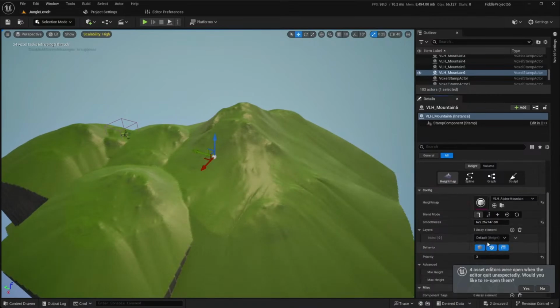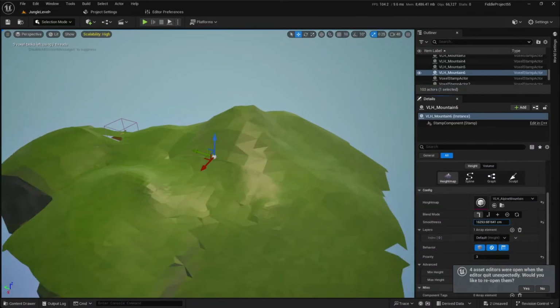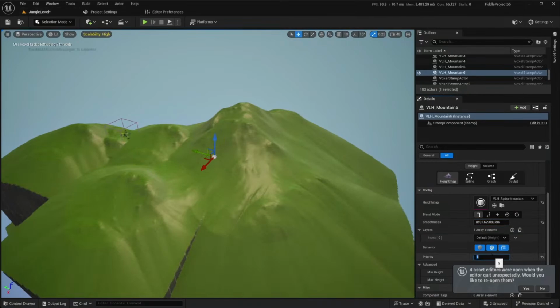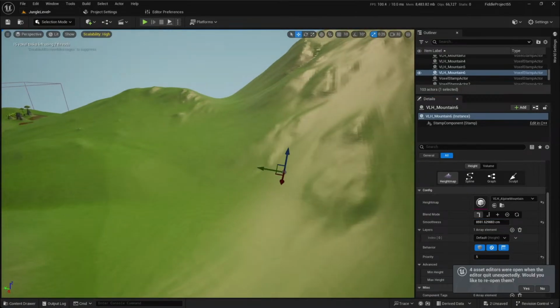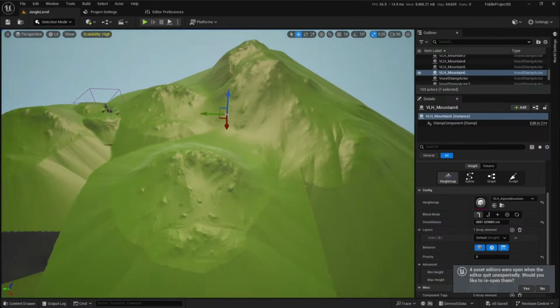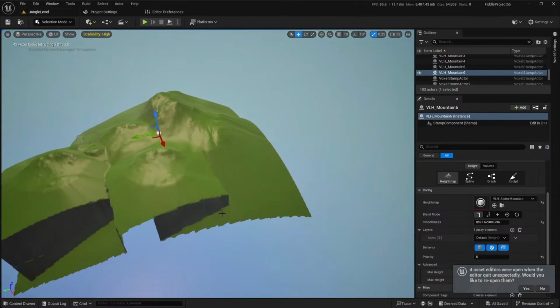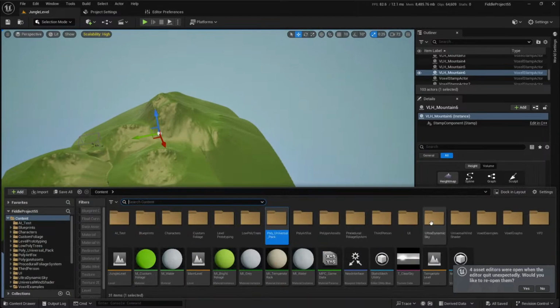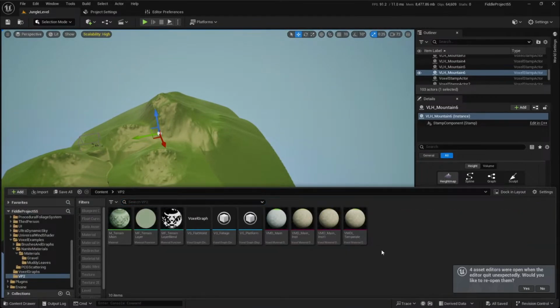So that's really cool. This should have a higher smoothness, and then we'll just set this to be later in the stack so that we have a nice smooth blend between everything. Okay, cool. Well, anyway, moving on from that,